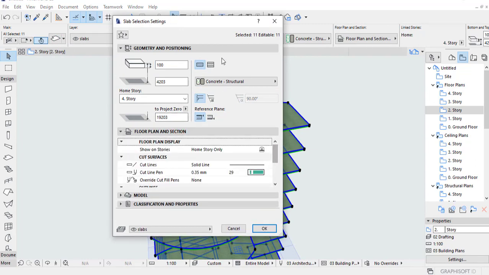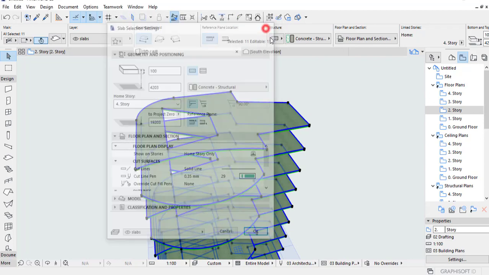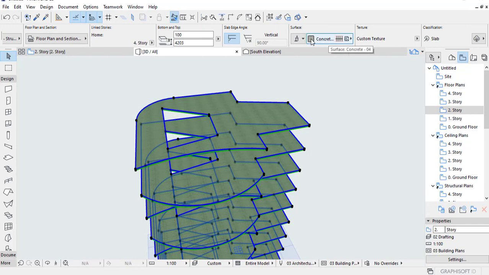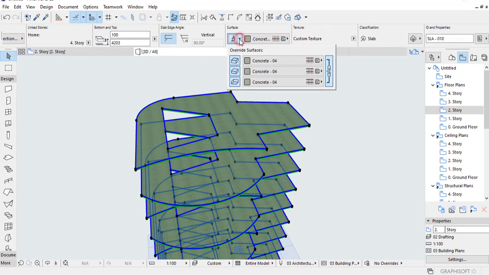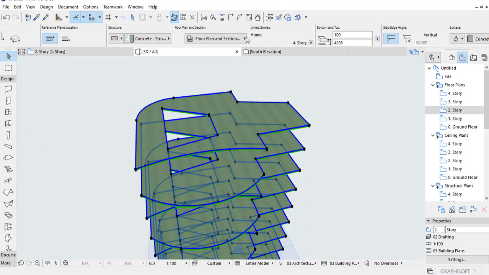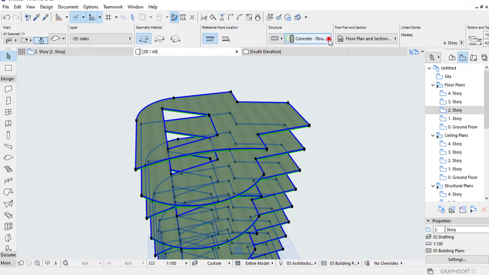Let's not go into this. Couple other settings, not really. These are the surfaces. Okay, so what we changed earlier, which is here, this is not the material that is assigned to 3D. This is the material which is assigned to orthographic projection.